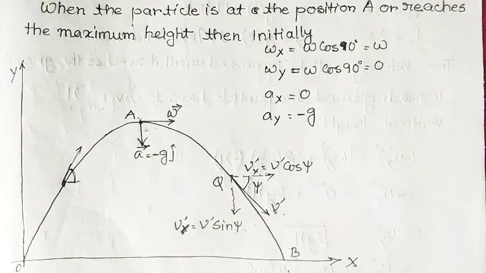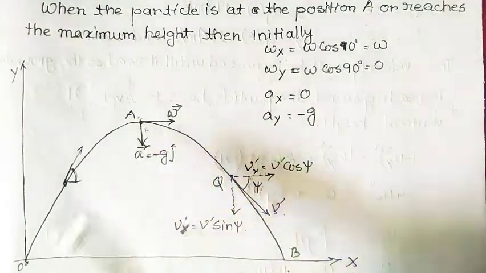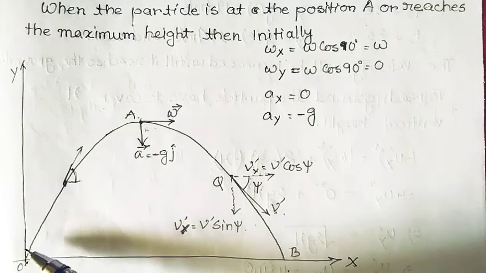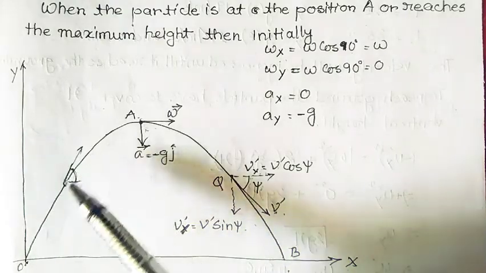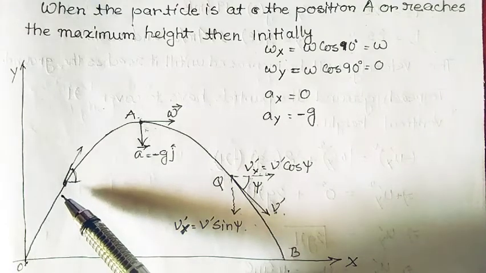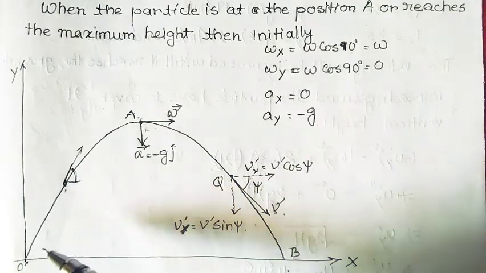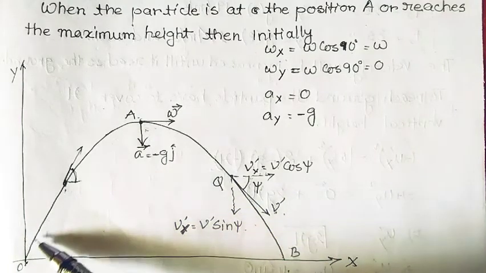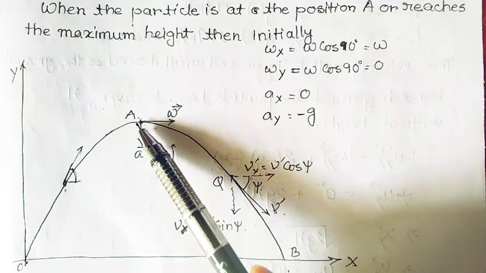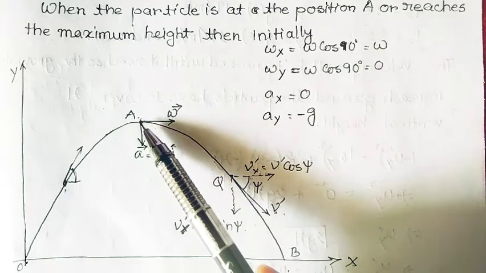In the previous 4 lectures of this series on projectile motion, we have basically discussed the upward motion: how the particle reaches from the point O to capital A, what the maximum height is, what the expression of the maximum height is, and what the velocity is at each and every point, how we calculate it, and how it changes at each and every instant of time, since the acceleration due to gravity is acting along the negative y-axis, along the downward direction. So at each and every point on this trajectory the velocity changes, and after that at the point capital A it reaches the maximum height.